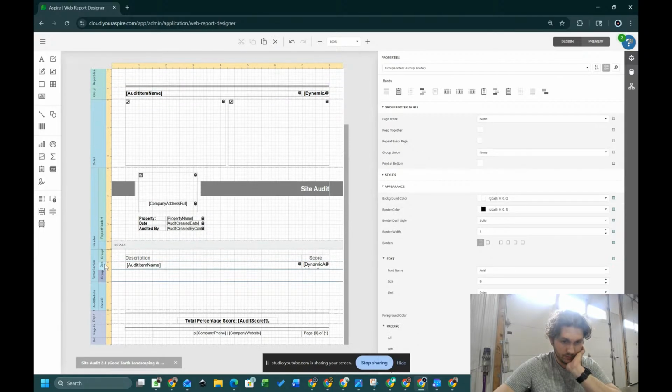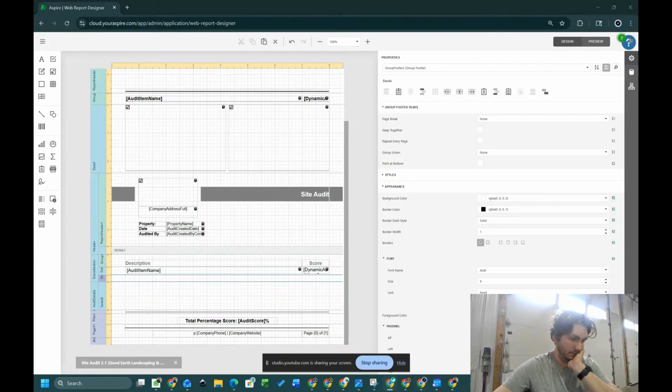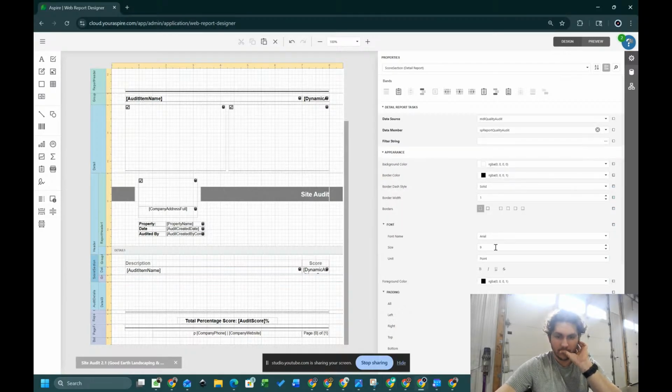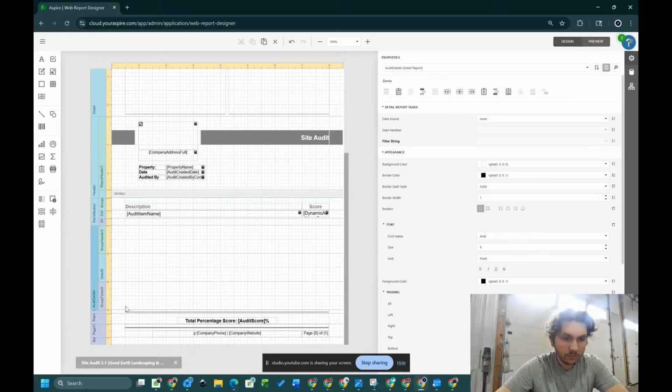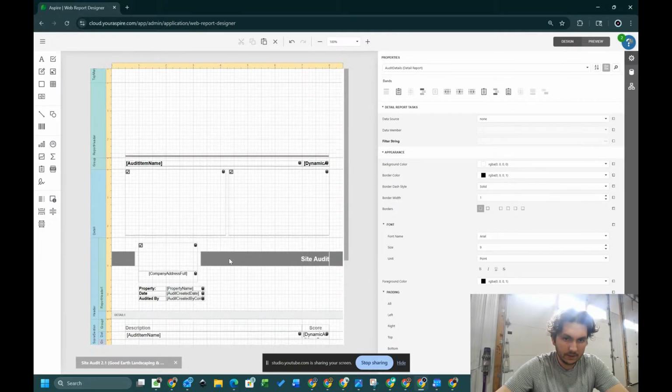We'll make a group footer. All right. Now, the next thing we're going to work on is building out some of our rules. Well, let's finish what we were doing. So our last detail report is going to have a group header and a group footer. All right, and inside of here,